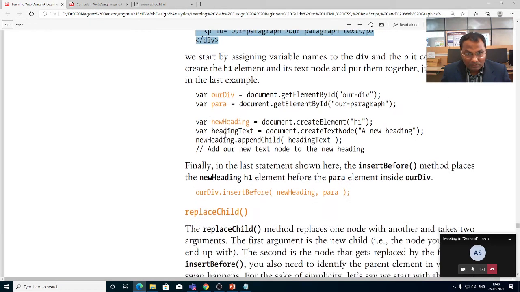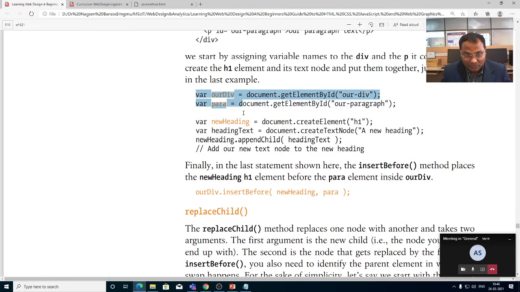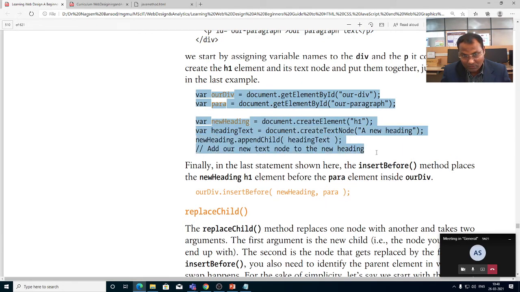Now copy this. For a comment we can use a double slash.